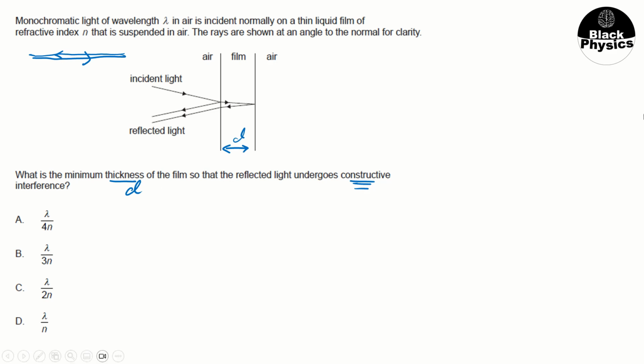You'll find that the constructive interference for a thin film will be 2dn equals (m plus half) multiplied by the wavelength. So for the minimum thickness, we need to have m as 0. Because for the minimum thickness, it means that I need to have just a half